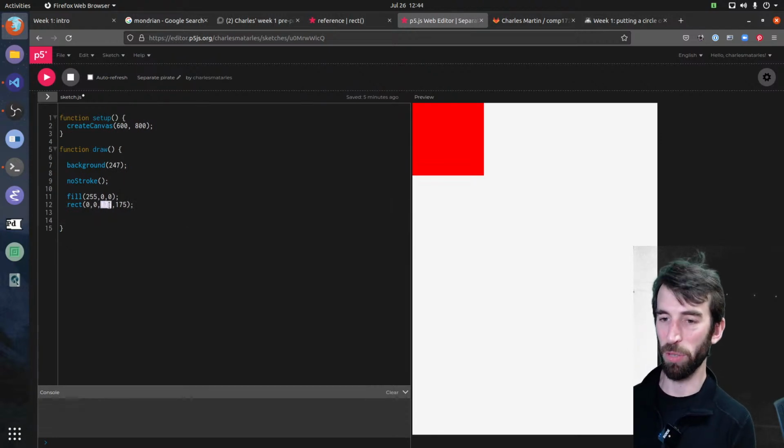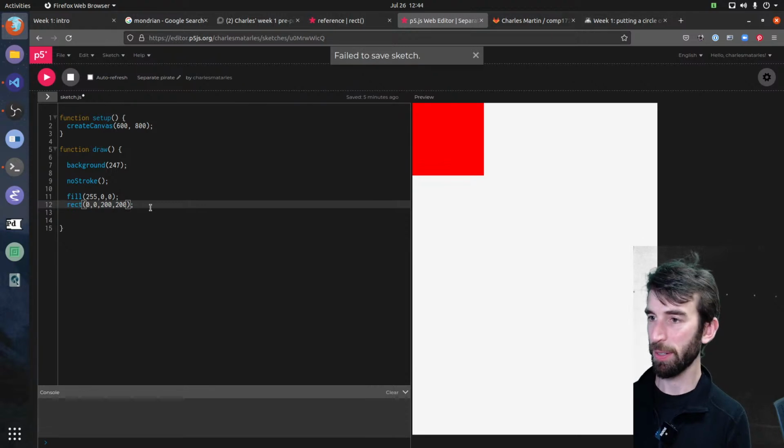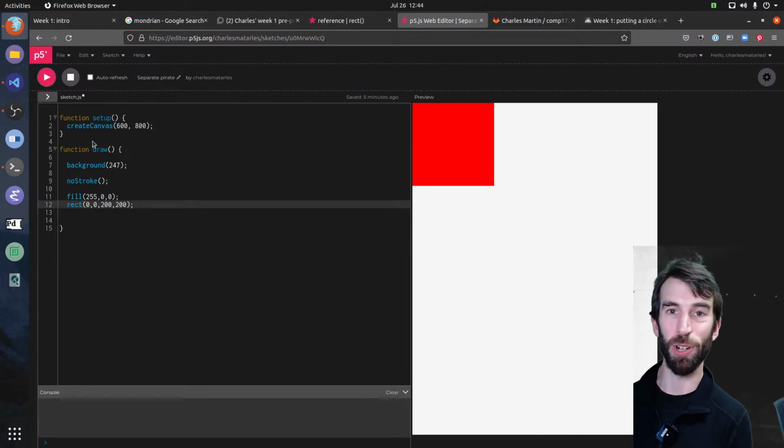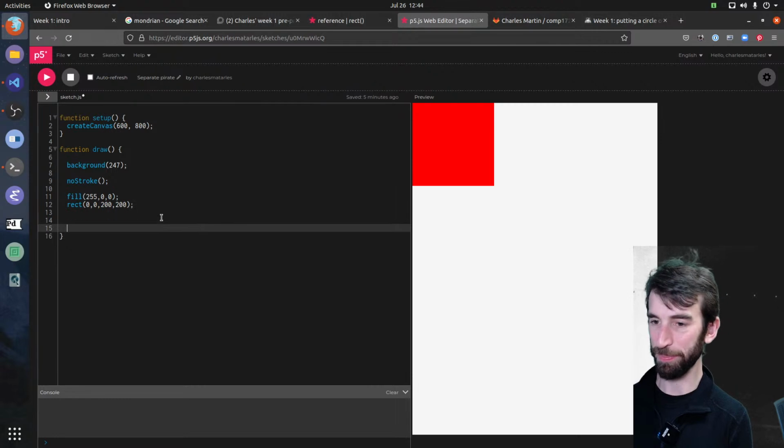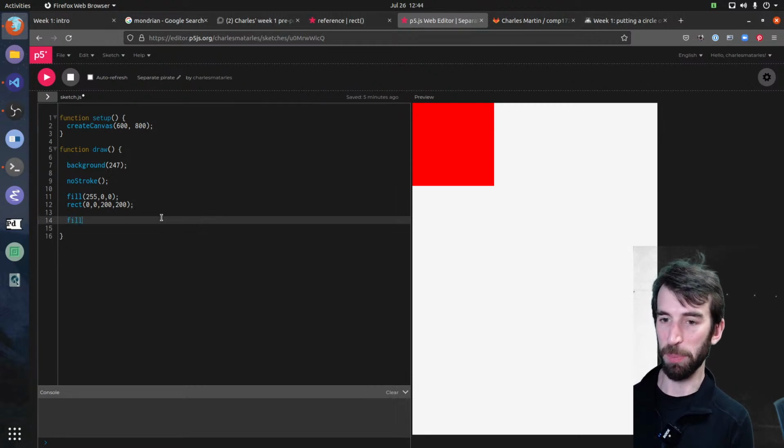I'll make this one a bit more of an even size. I keep pressing Control S as if I'm in VS Code, but I'm not. Let's make a blue one. RGB.